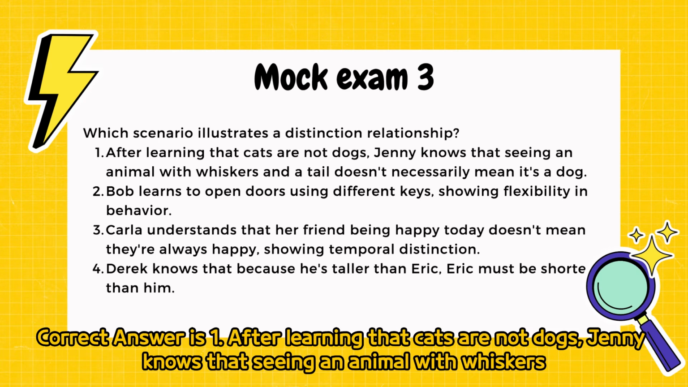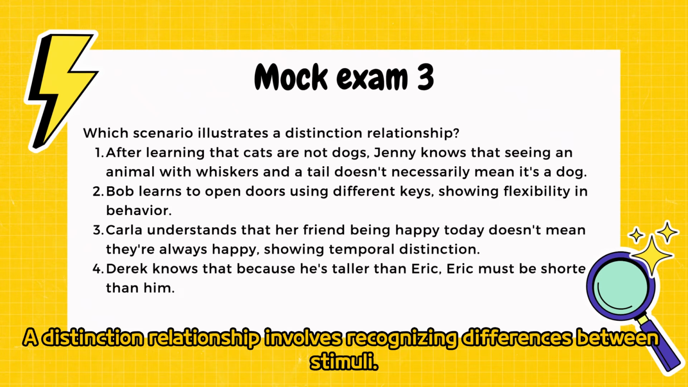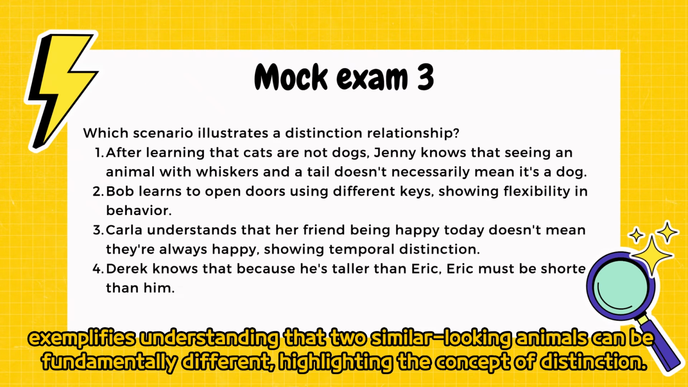Correct answer is 1. After learning that cats are not dogs, Jenny knows that seeing an animal with whiskers and a tail doesn't necessarily mean it's a dog. A distinction relationship involves recognizing differences between stimuli. Jenny's realization about cats and dogs exemplifies understanding that two similar-looking animals can be fundamentally different, highlighting the concept of